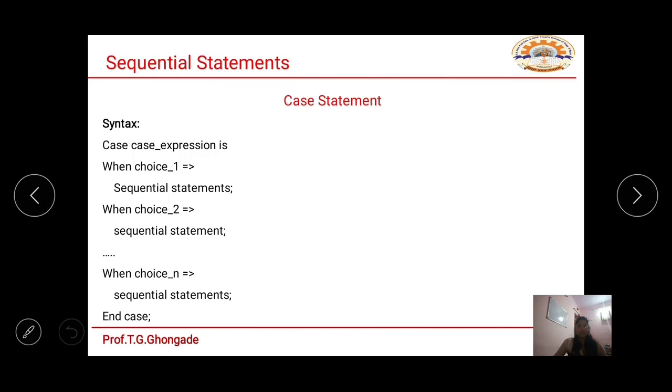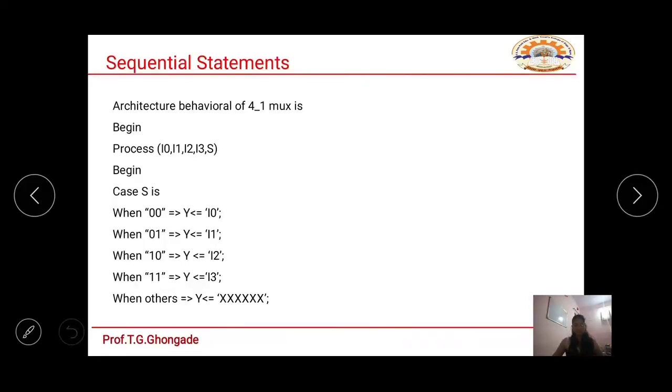In a case statement, each condition is checked until the last statement. But what happens in an if else statement? If the first condition is not satisfied, we move on to the second condition. If it is not satisfied, we move on to the third condition and so on until the last condition is satisfied. Okay, so let us come to the example that we have, that is the 4:1 multiplexer.